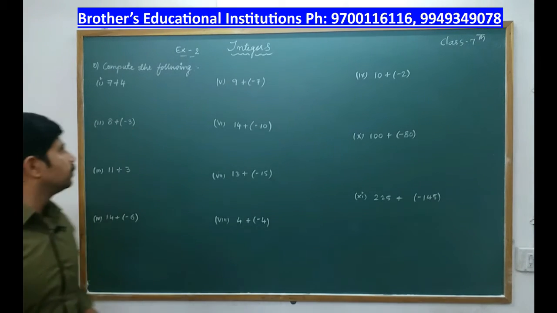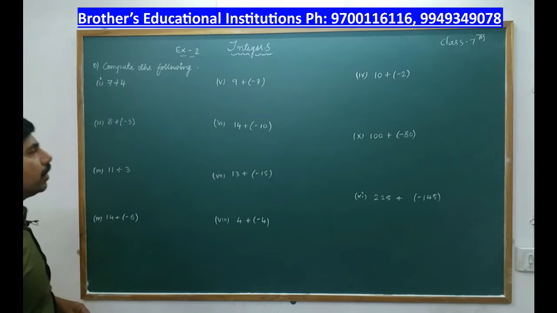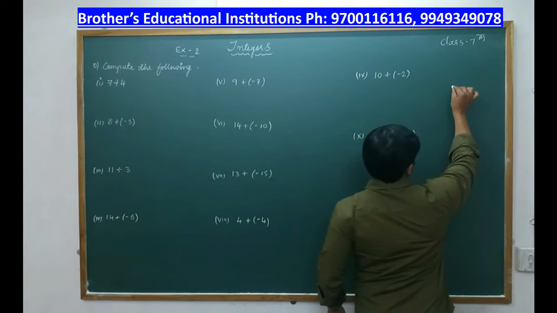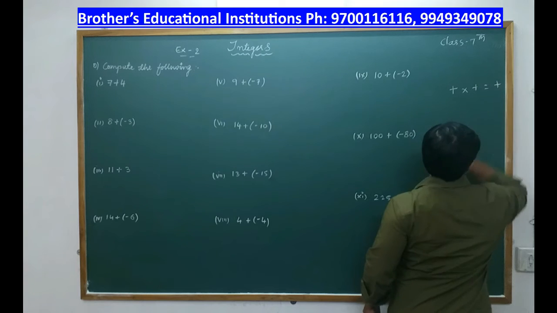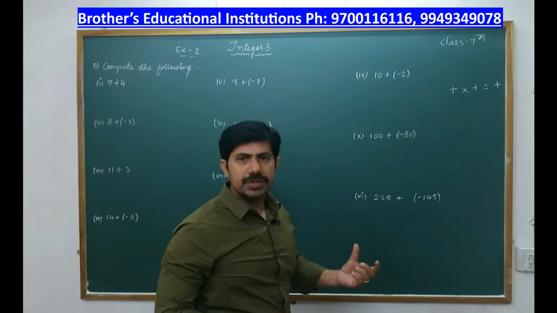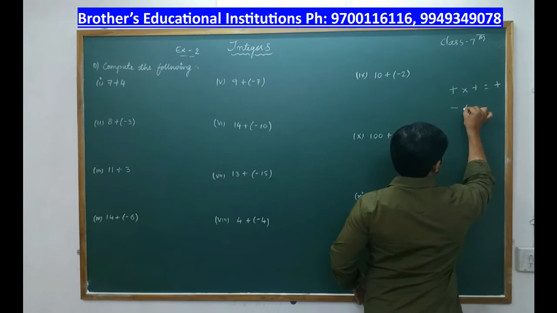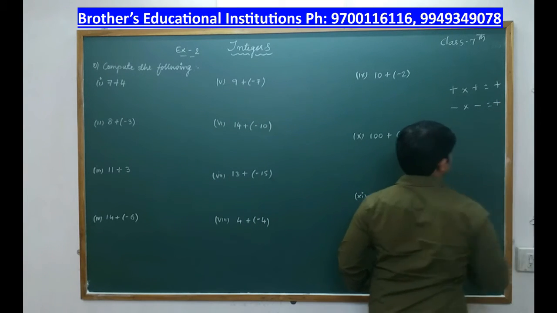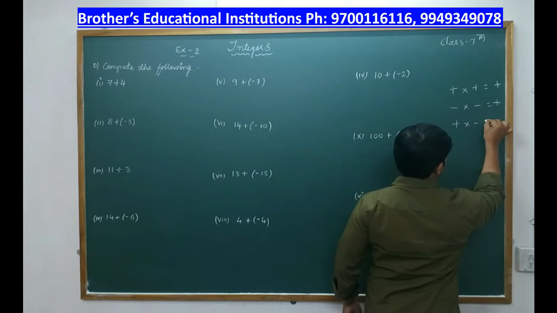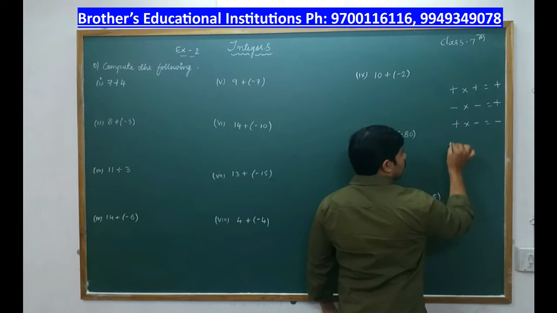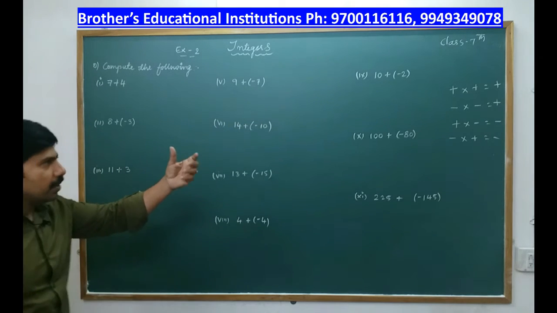So next problem. Compute the following. Right. See, before doing these calculations, we have some basic fundamental operations. Plus into plus is plus, right? When you multiply two positive numbers, we'll get the result as positive, or when you multiply two negative numbers, we'll get the result as positive. Minus into minus, plus. Now suppose if you multiply the opposite signs, plus into minus, it is minus, and minus into plus is minus, right? So these are the fundamentals you have to know.